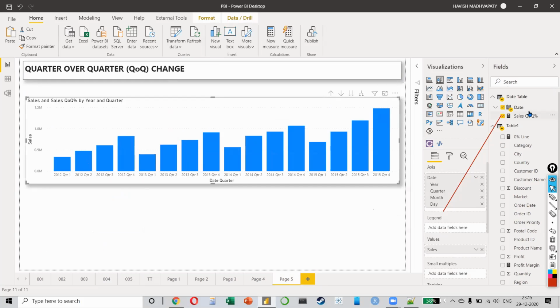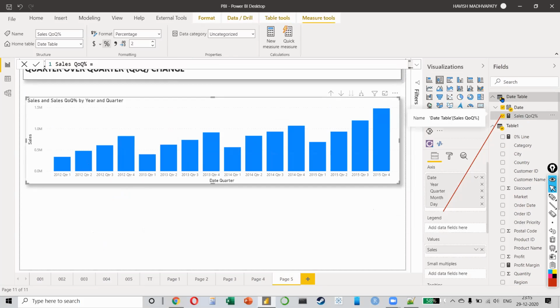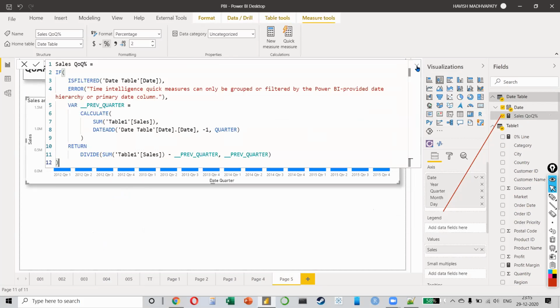Now, how do you understand how these formulas work? In Excel, if you ask me whether we should learn the formula or just learn how to use it, whether we should just memorize it, 90% of the time I'll tell you, learn it. It's important to understand every single thing. Don't just copy and paste formulas from here and there. But in the case of DAX, it's a little different.